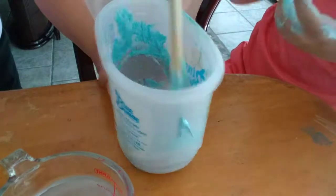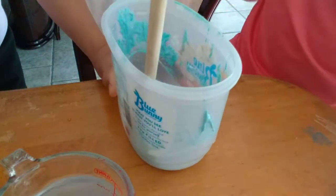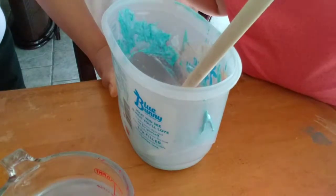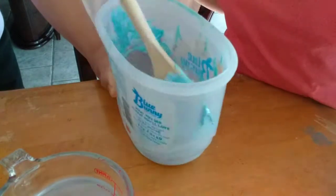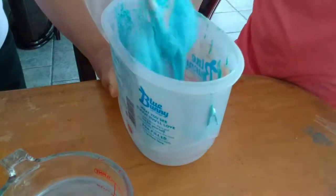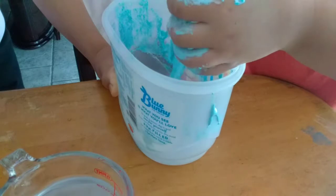Almost come together. Just add a little bit. See, borax is what's making it come together. Yeah, activate it. Okay, now I think I can play with it because it's coming into shape. Okay, now it's really...